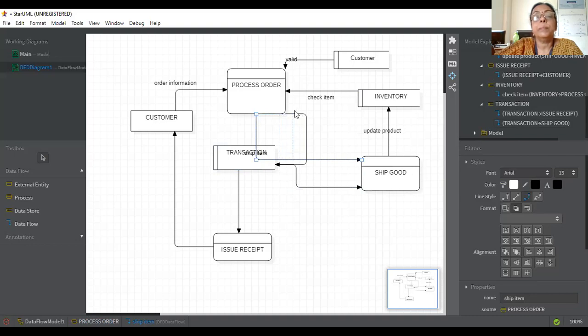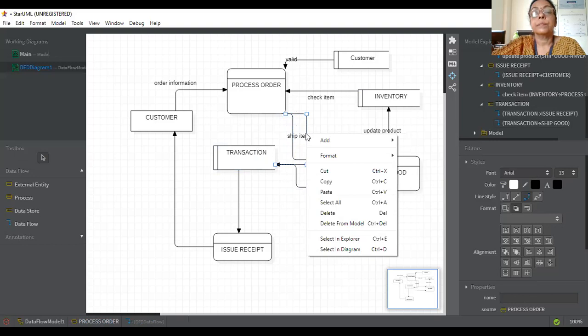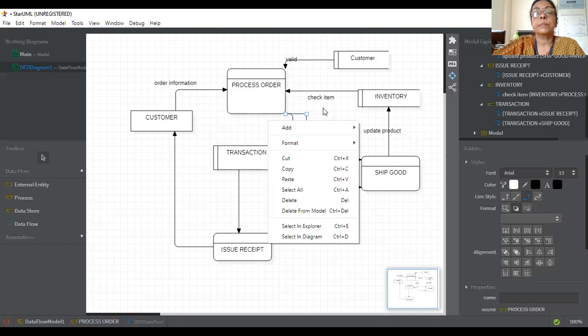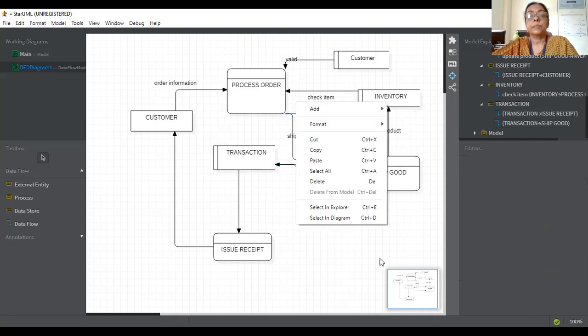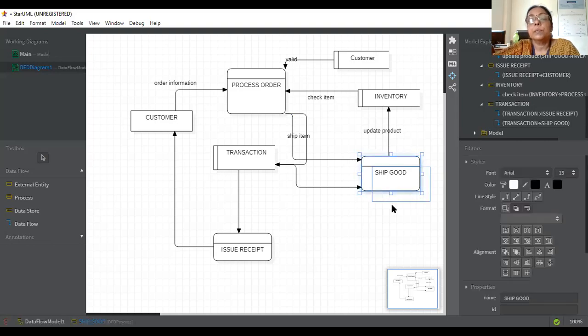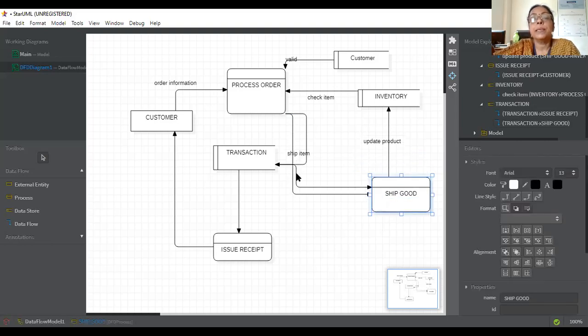Like this, you make the diagram. I think the diagram is much clearer.